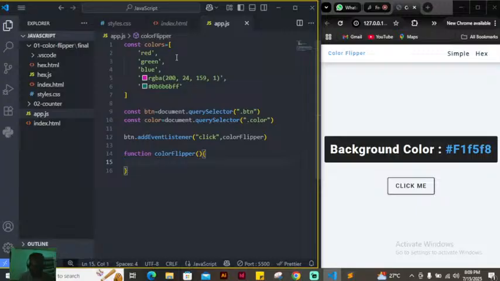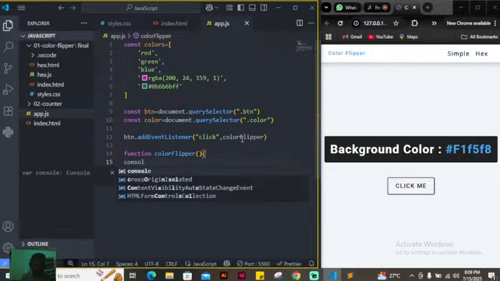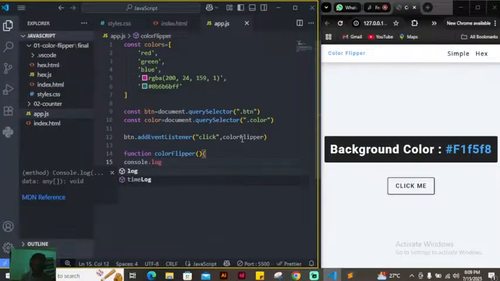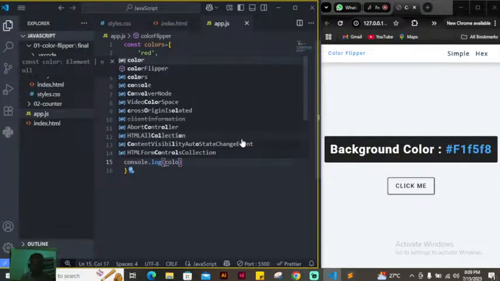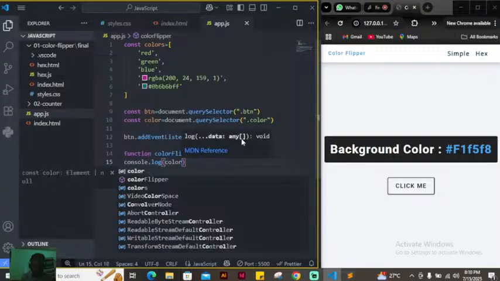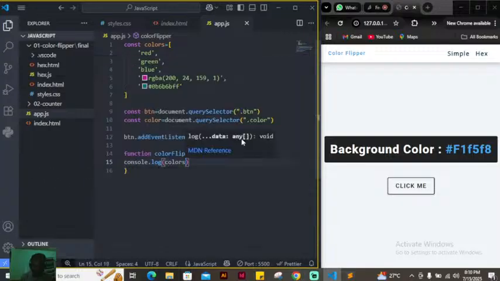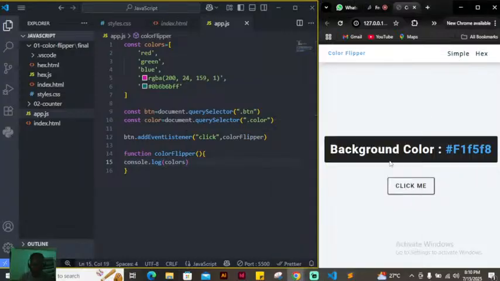This is my colors, right? If I come here and I say, for example, console.log, let me allow you to see something. Console.log is a way of testing if your program is actually good. Let's say I call my array, which is colors. I think I have it. I should have access to it. Console.log colors. So if you check your browser,